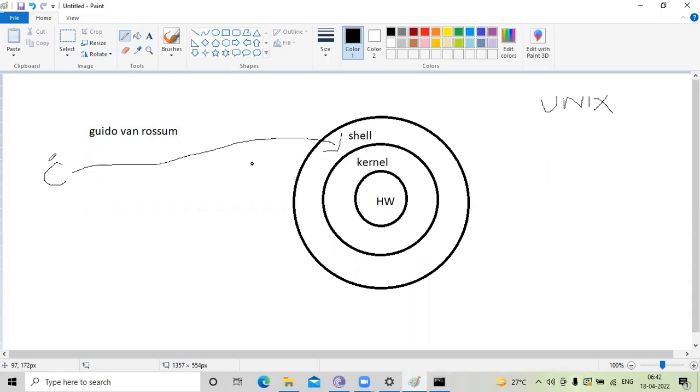So using C, he developed a programming language called Python, which could directly interact with the shell. The same guy developed Python, he wrote the code in C, and he developed the Python programming language to directly interact with the